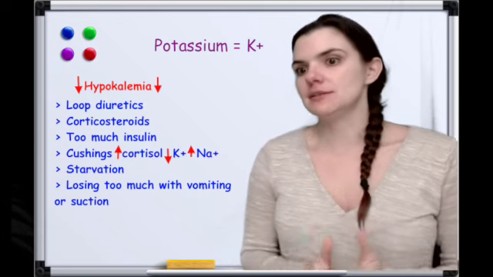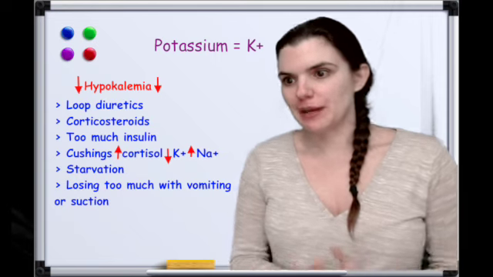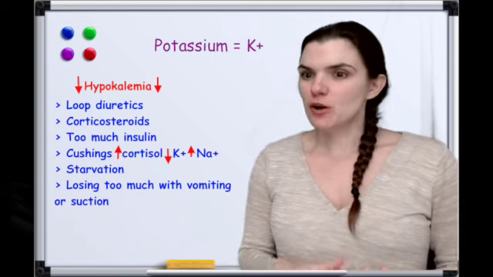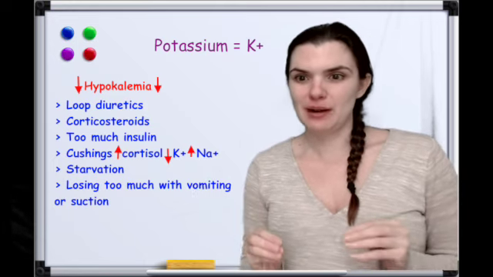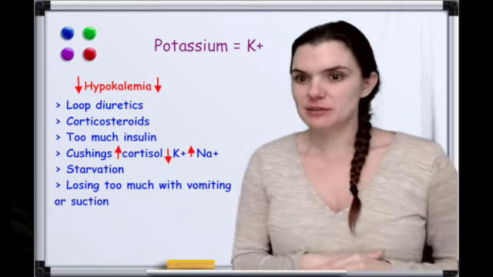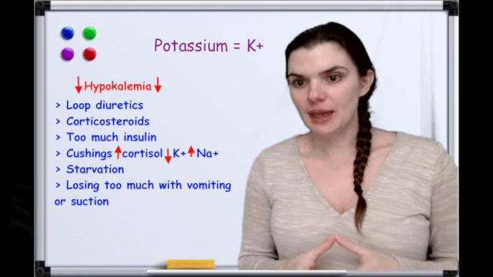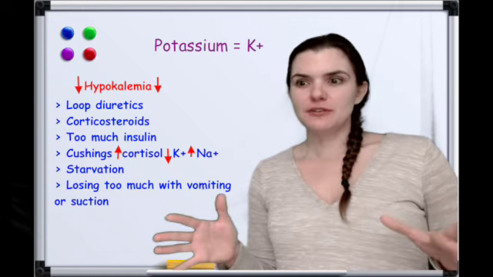One of the main causes of hypokalemia is loop diuretics, like furosemide, which causes your kidneys to waste the potassium. So that's a big thing to monitor on a patient on loop diuretics, is their potassium levels. Corticosteroids can also cause hypokalemia, and if a patient has too much insulin, and the reason for this is because